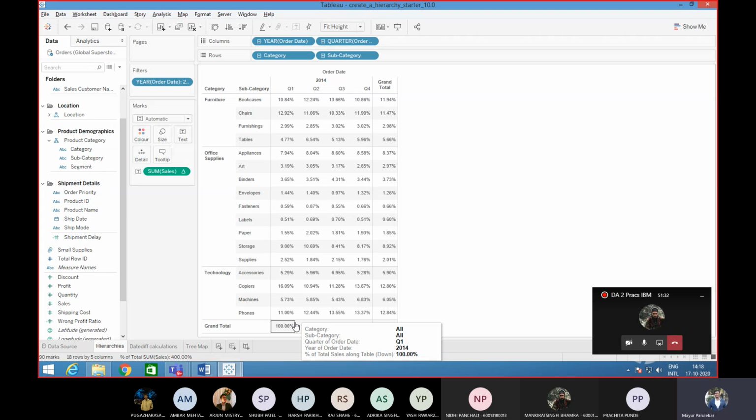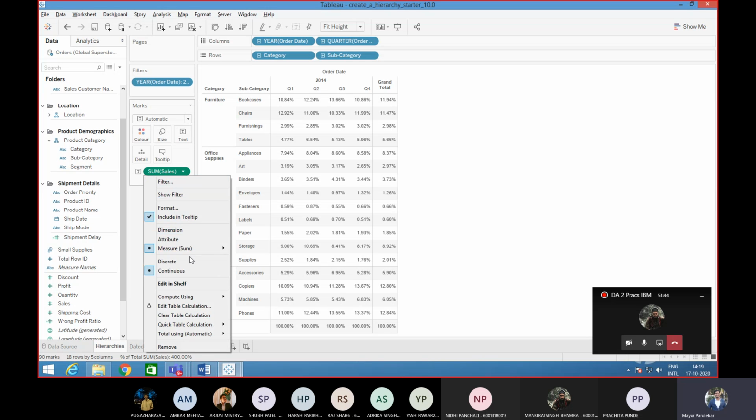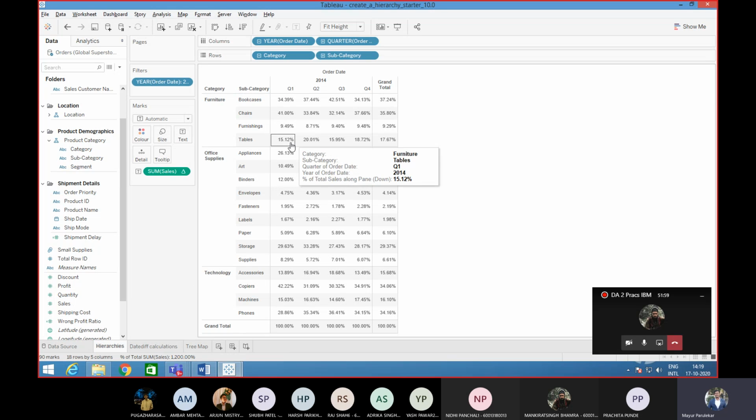Could you give it to me in terms of just the furniture category, just the office supplies category, and just the technology category, right? So now have a look at the same particular operation being performed on the pane. I'm going to do a compute using, and in the compute using, can you see over here, I've got a pane across, which is nothing but the horizontal, and a pane down. I'm going to select pane down, and now check over here, this has changed to 34, 41, 9